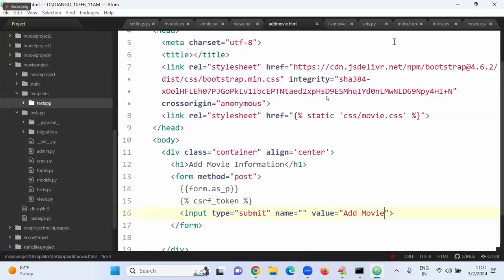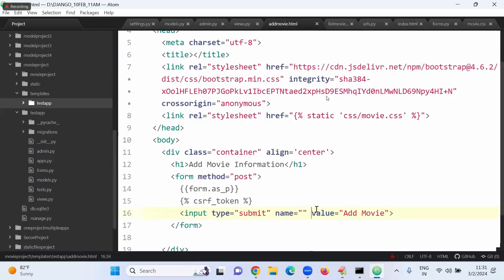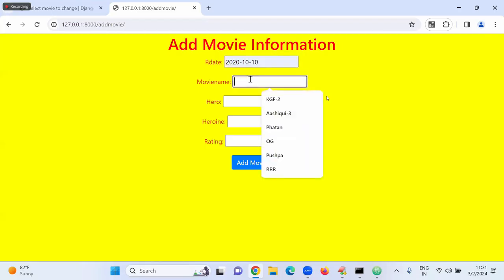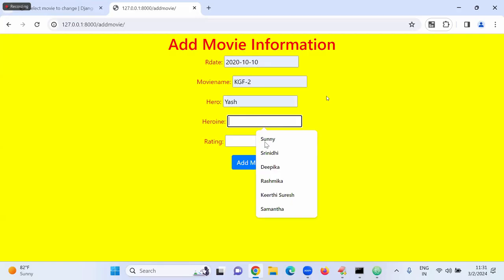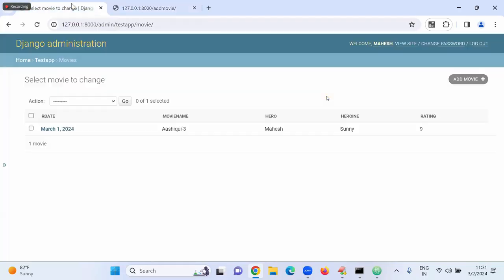I have to take a button class. It is here, copy, come here, paste it. Now refresh this, the button came. Now I'm entering the movie name, only the latest movie, hero, heroine, rating. Click on add movie. The movie is saved successfully. No,